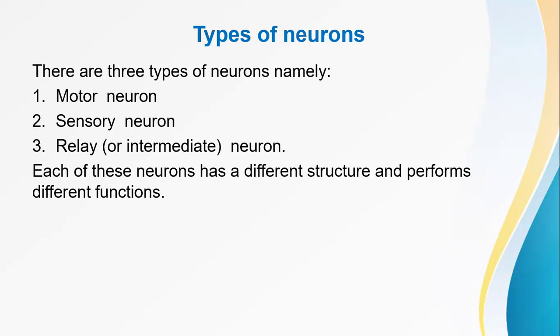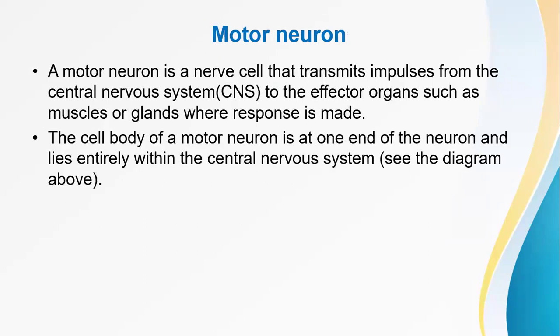Now, there are three main types of neurons: the first one, the motor neuron, which we were discussing before when describing the structure of the neuron; the second one is the sensory neuron; and the third one is the relay or intermediate neuron. Each of these neurons has a different structure and performs different functions, and we are going to discuss each one of them, starting with the first one, that is the